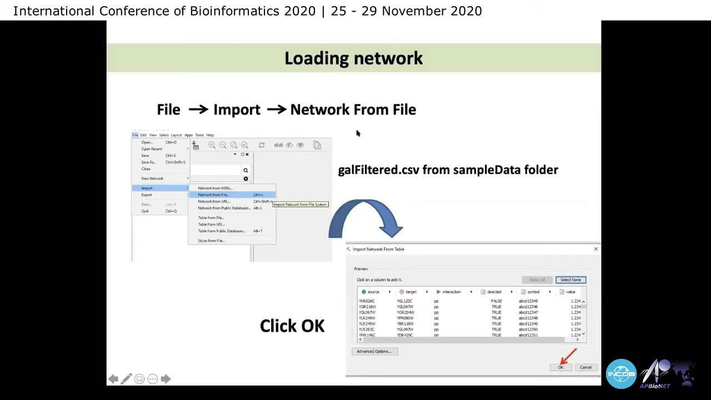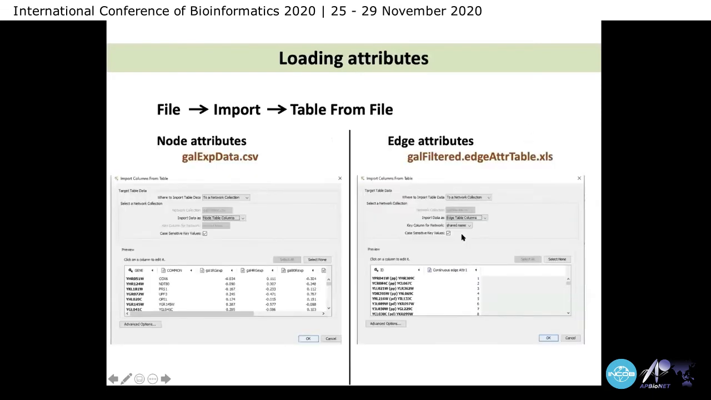GAL filtered, yes, absolutely. It should work entirely. Just go to the samples folder and get this file in. Once you've said okay, what you will get is